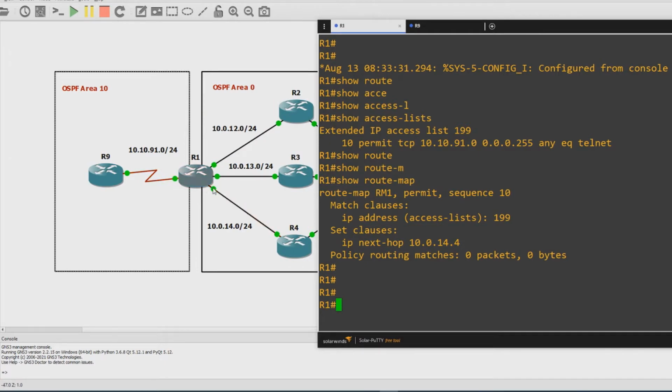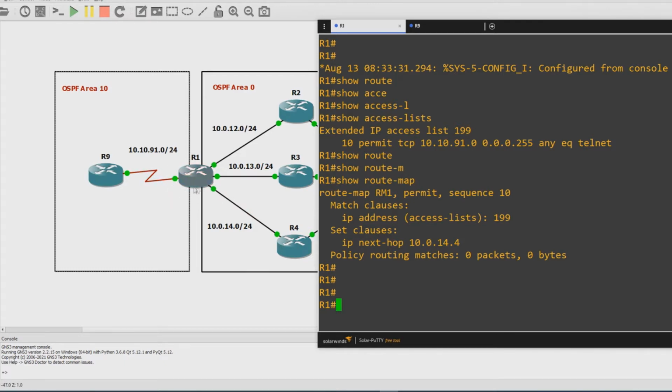You might think to put it on this egress interface, but that would be incorrect because we're going through here, and by the time the router receives the traffic and it has to decide what to do with it, it might decide, I'm going to look at my routing table, and then look at what the best path is. Okay, I see the best path is this way, and send it there. And when it hits this interface, there is no route map, so it just goes because you've put it here. It needs to check it as it enters the device before it looks at anything else at the routing table